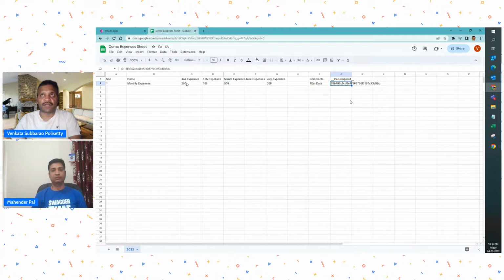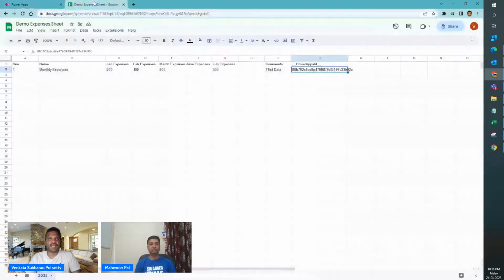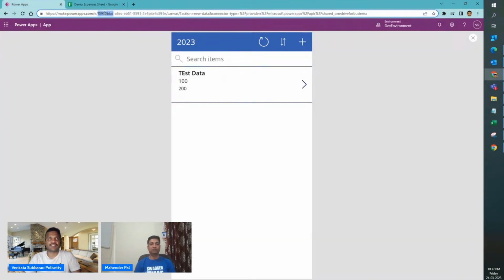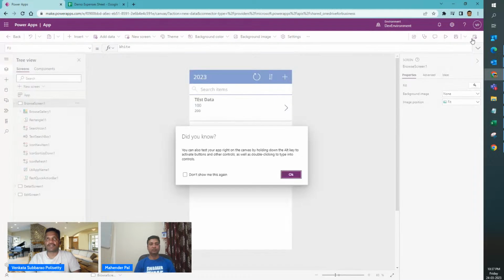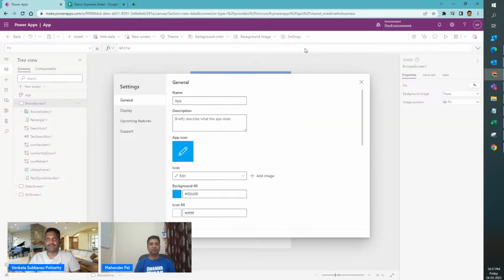Also, any app that you create will have this app ID. So in a lab, if you ask, okay Venkat, there could be some magic present, can you prove it? That this has been carried out through the app. Yes, if you observe, this was the app ID that is present. And actually this is an app. So let me close this particular one, and I will show this particular app